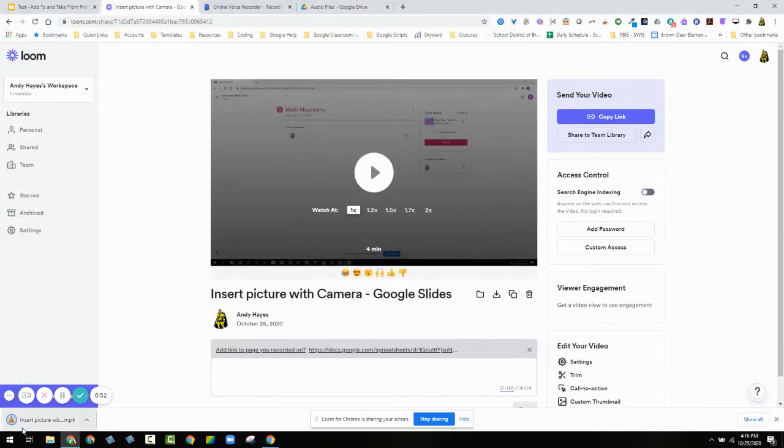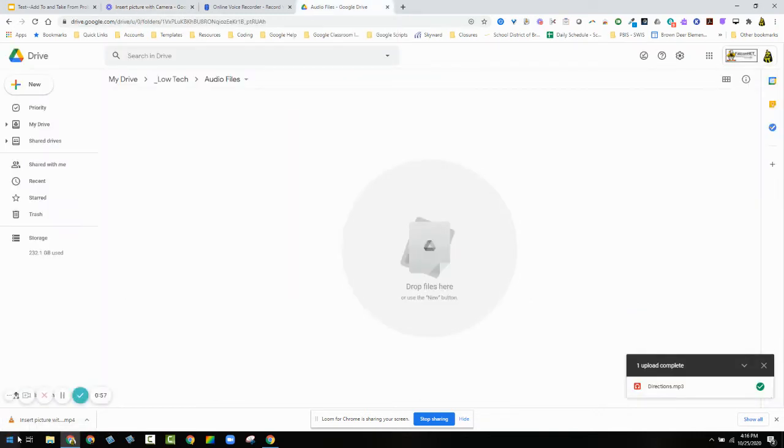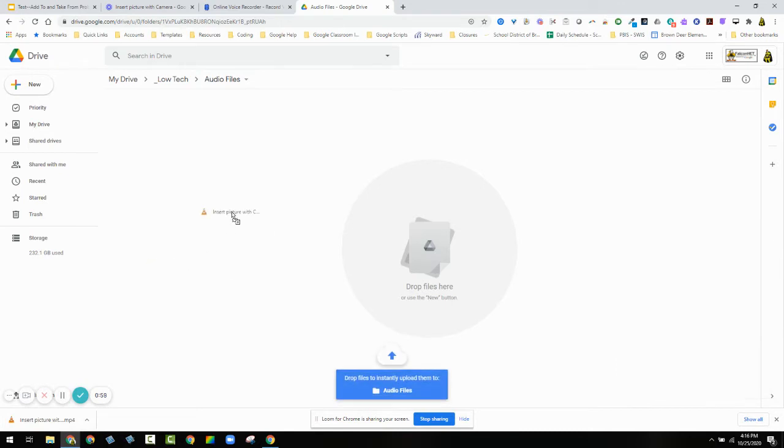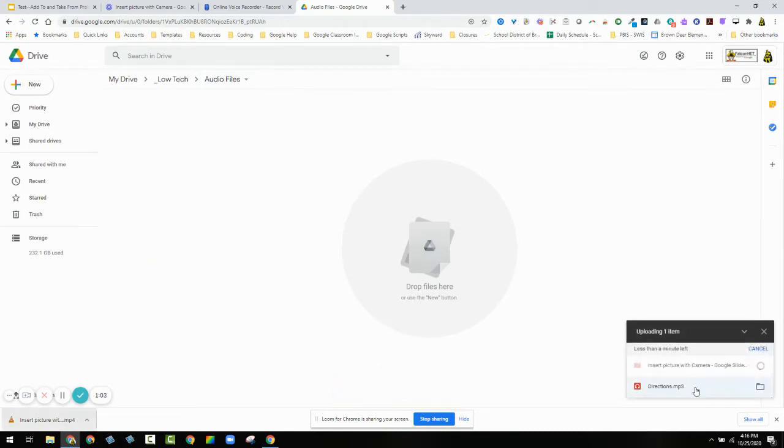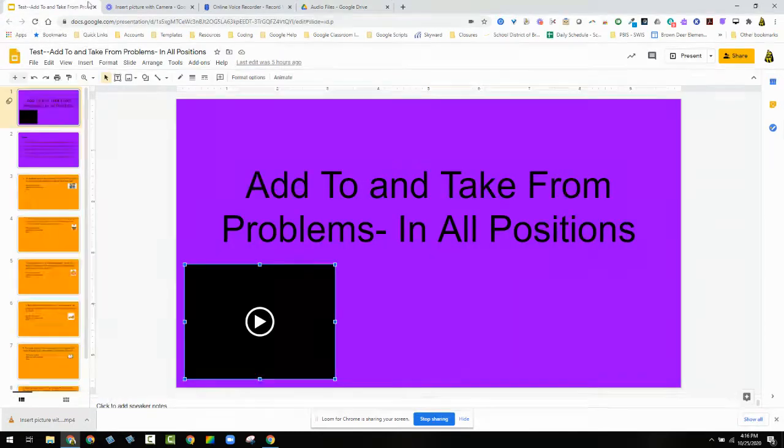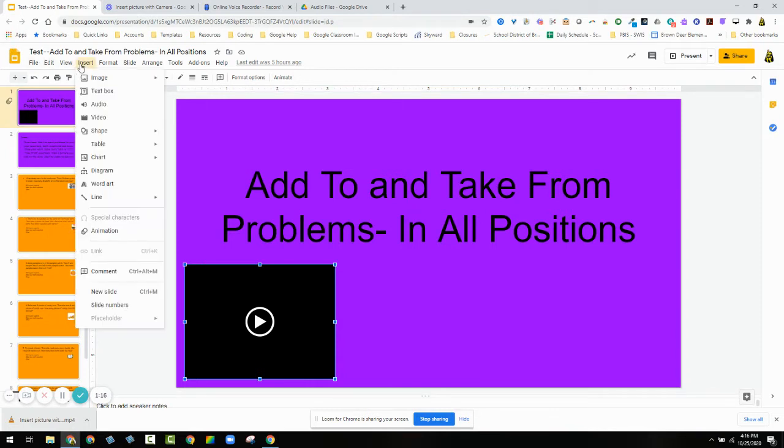And then once it's in there, you can see that file's in there. You can go to your Google Drive, and then you can just drag it in from the upload bar and drop it in there, and it's going to insert. Now, being that it's a video, it might take a little while to upload into Google Drive. That's okay. But then you can go back into your Google Slideshow, and we're going to go insert,